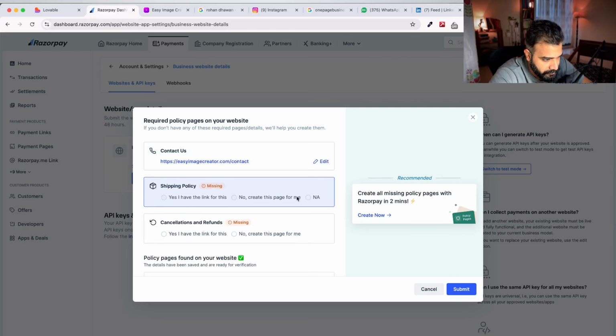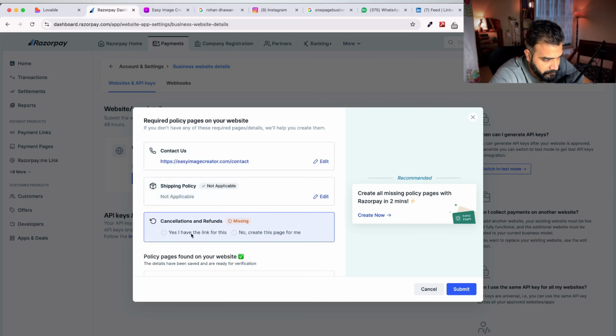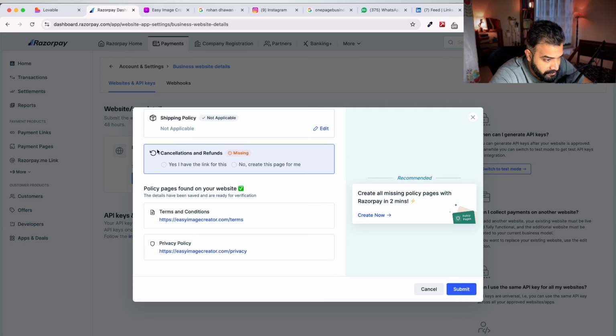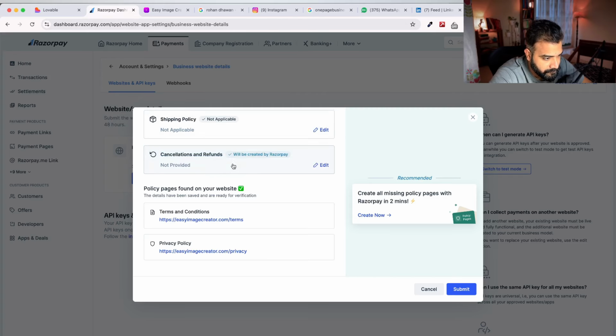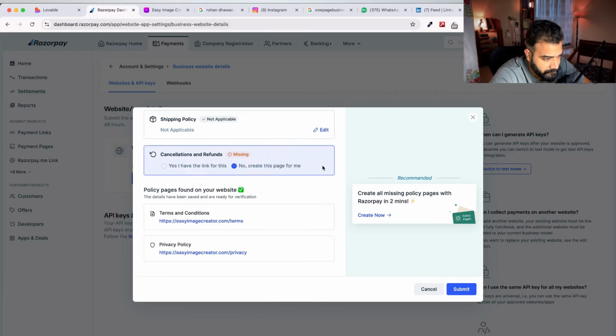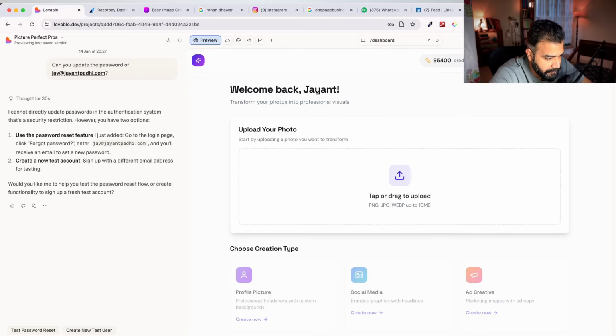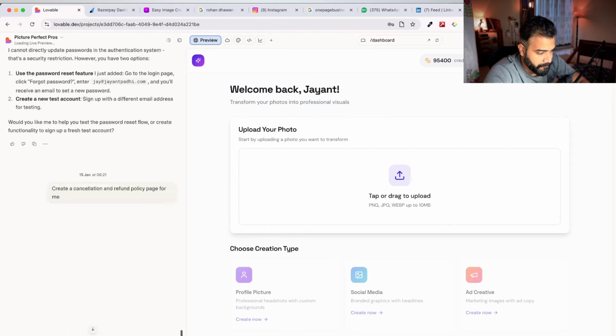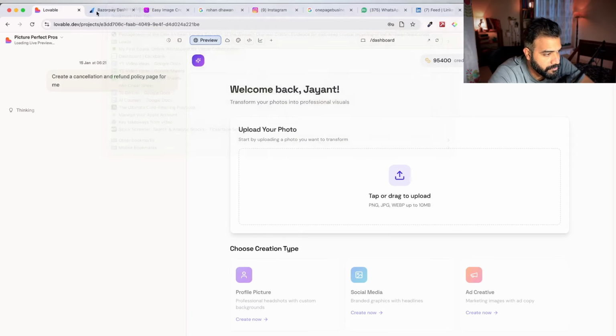Shipping policy. Cancellation and refunds. Cancellation of refund. I think create cancellation and refund policy page for me. It should create